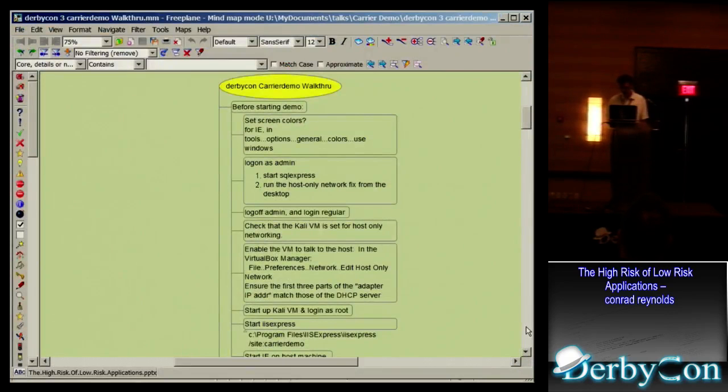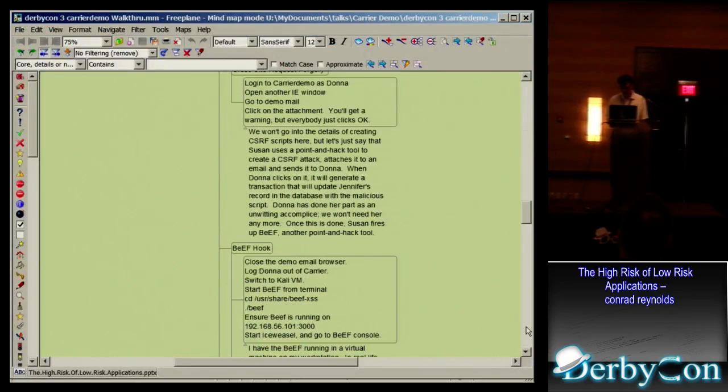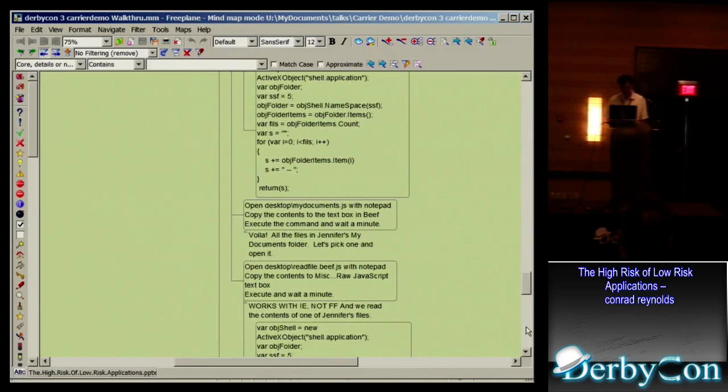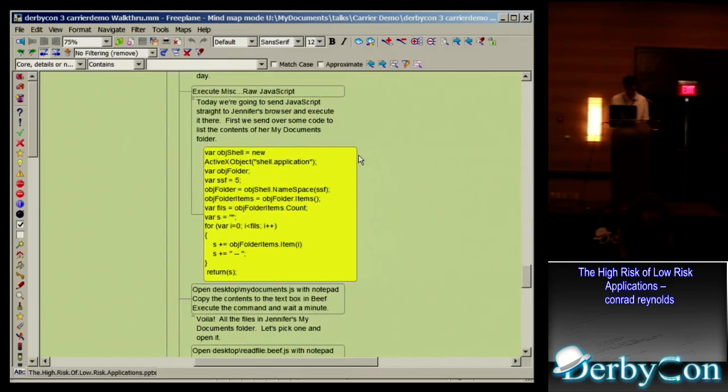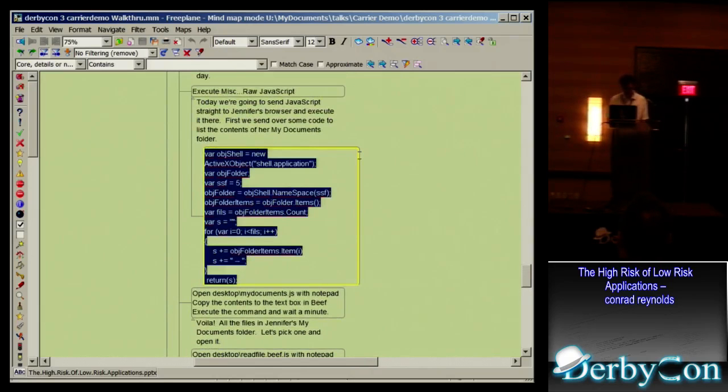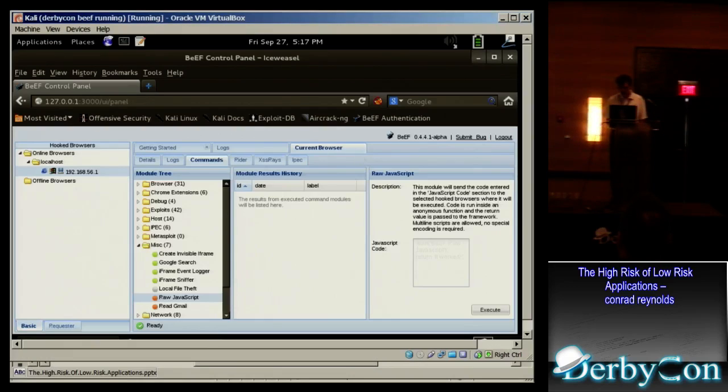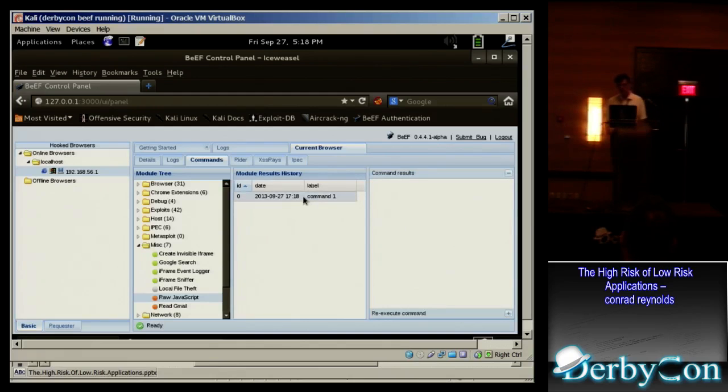And that's exactly what I'm going to do, because that's how I got them too. We're going to start out with this one right here. I'm going to copy that and come back over here. Something's amiss with the colors here, but we'll just paste in the raw JavaScript. What this is going to do is execute that, send it off to the other browser, and in a few moments it will return the contents of that other user's